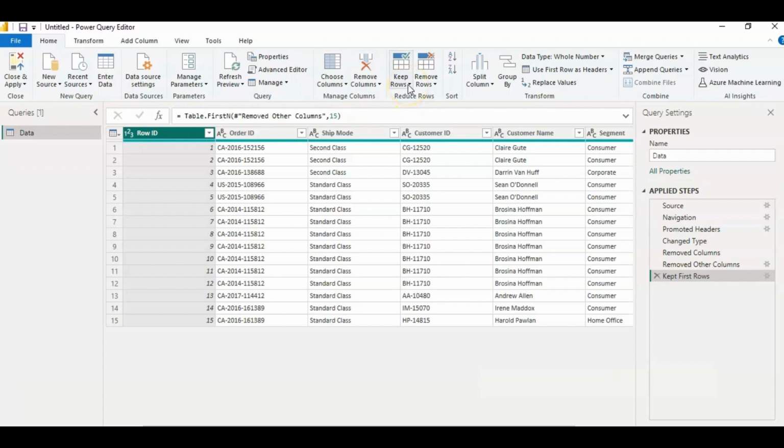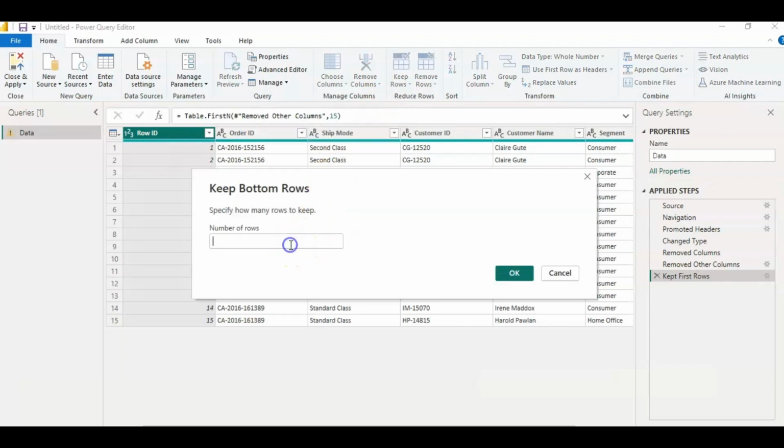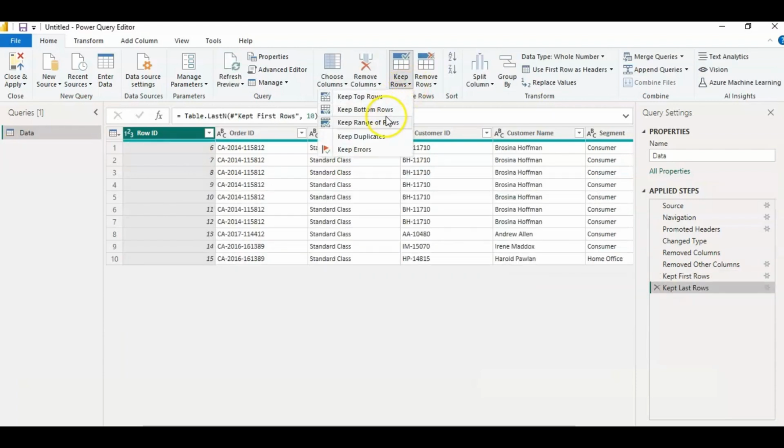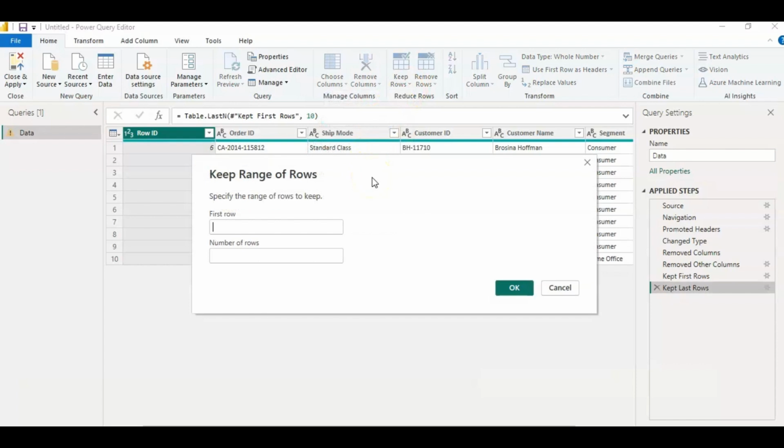Similarly, to display bottom rows, we have to select keep bottom rows. Then we have to specify the number of bottom rows that we want to keep. Let's make it 10. Then click OK. Similarly, in keep range of rows, we have to specify the first row and number of rows